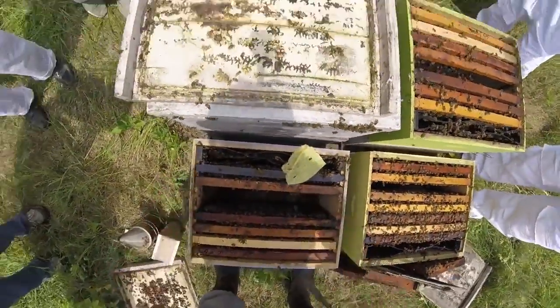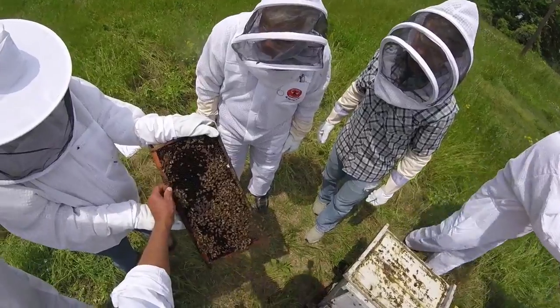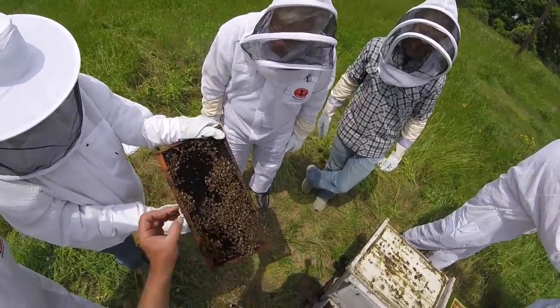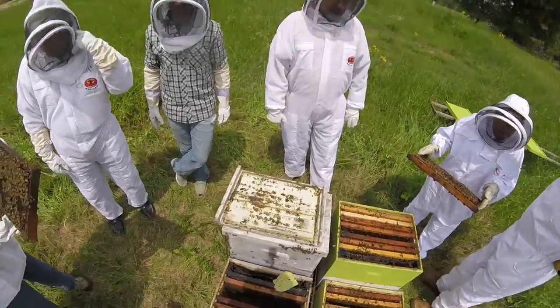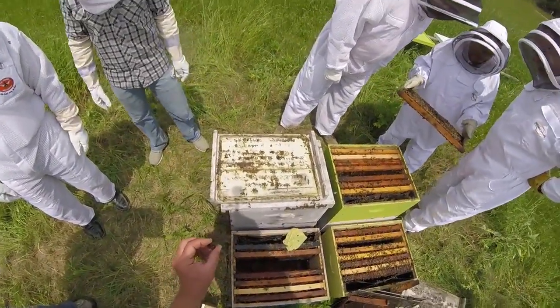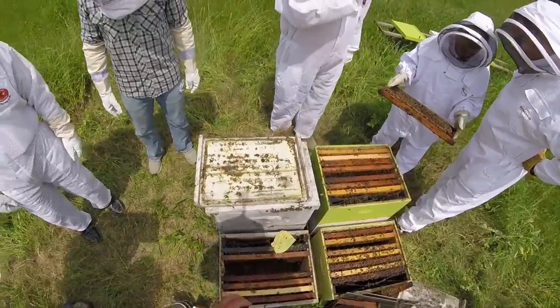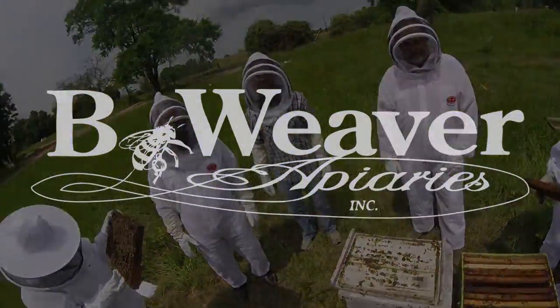We're wondering what this little red thing is. Oh, that's a queen cell cup. Oh, that's where she was made. You put that there, or inadvertently it ended up there, one of the two. Most of the time we don't start hives with queen cells. We rear our queens in mating nucs, which are little